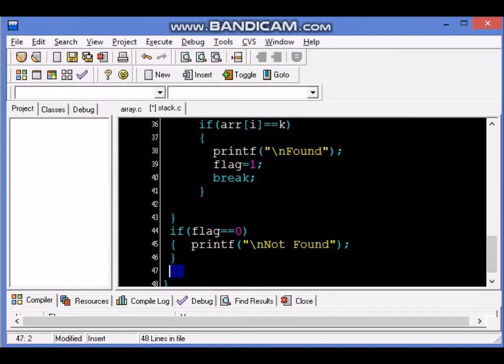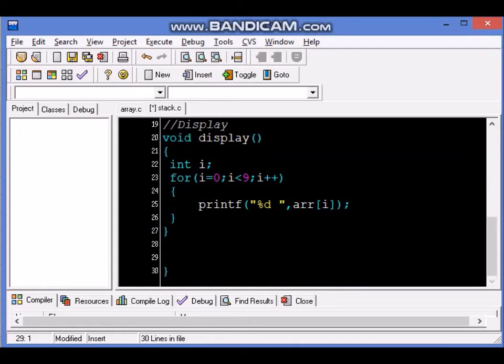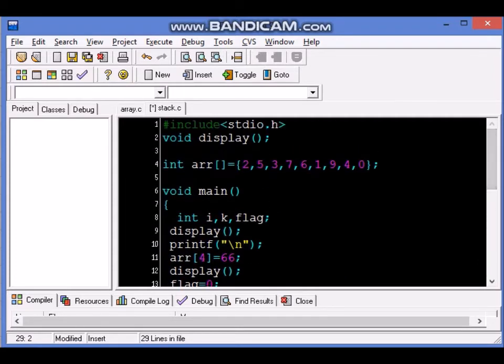We don't need the search function. Make sure you delete all the brackets, nothing extra should be left behind. Display function we still need. Okay. And we don't need to initialize it with numbers, so we'll remove this initialization part and we'll fix it